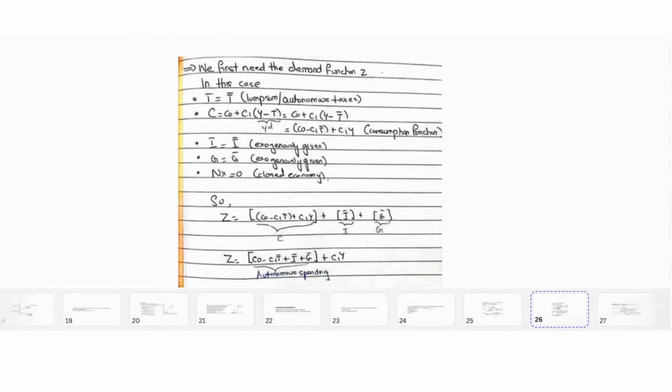Now, in this case, where we're looking at the standard goods market, we first need the demand function Z, right? So when we're looking at the standard goods market model, like we said, T is exogenously given, so we have lump sum autonomous taxes. C is given as a linear function of disposable income, so I just plug in T bar here, and we simplify the consumption function a bit in terms of Y like this. Then I and G are exogenously given, and net exports are zero, because in the standard goods market model we're looking at a closed economy. So then Z, which is C plus I plus G, can be simplified as follows, where we already discussed that